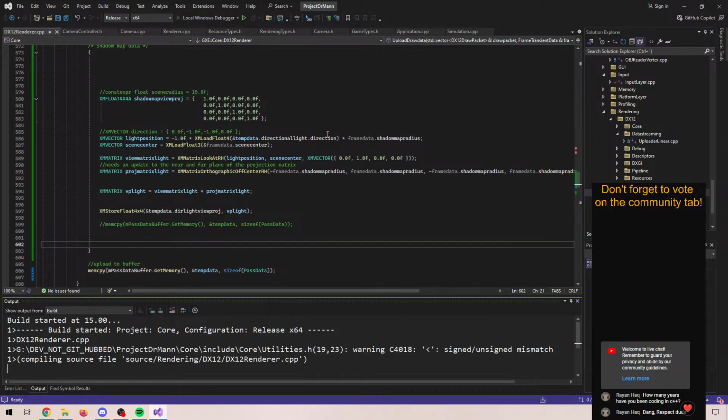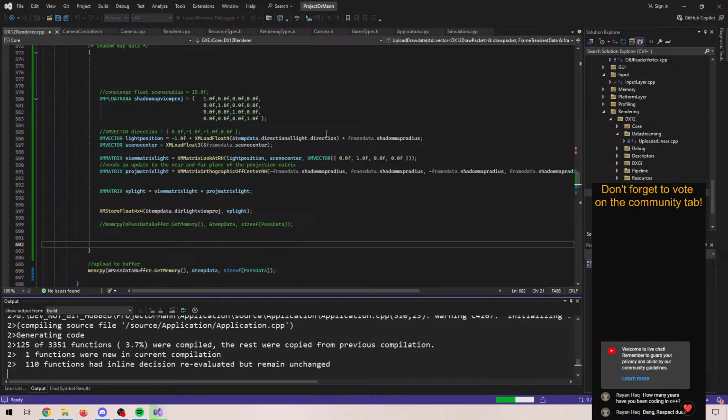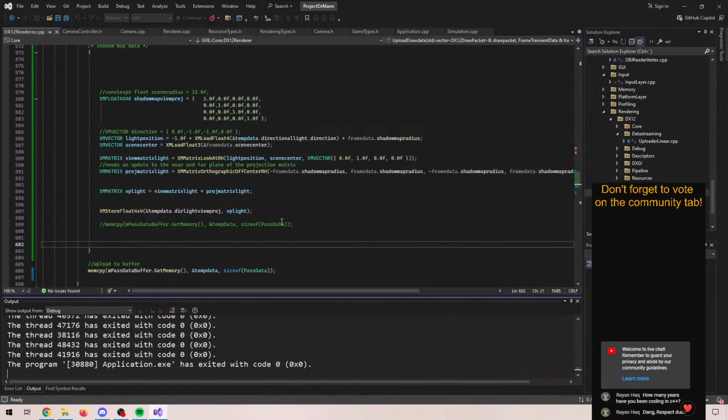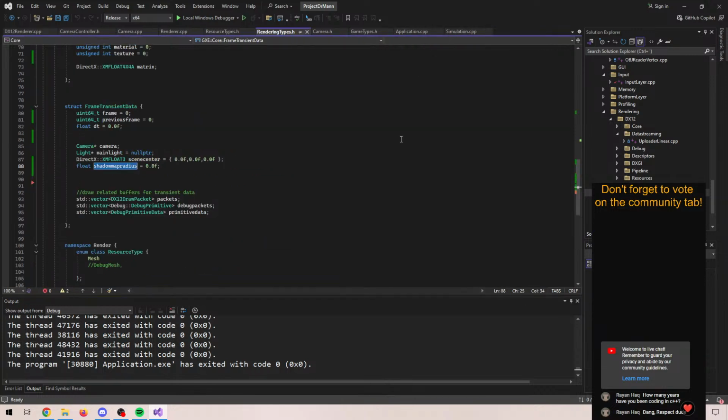Okay. Our shadow map will probably look weird. Does it even get drawn? I don't think so. No, it doesn't get drawn right now. So we introduced some problem. Maybe, oh, yeah, I think our radius is 0, right? Yeah. So if we just set our